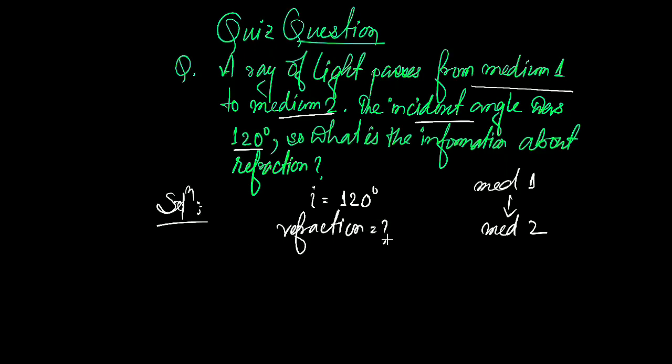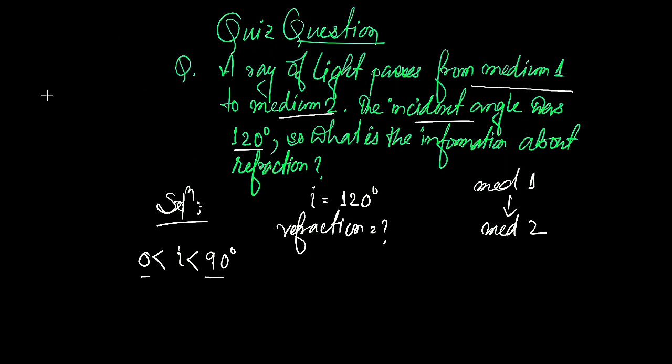Now, if you can remember, just remember the fact when I was discussing the refractive index, right? Refraction, I told you one factor, that the incident angle has a range actually. It cannot take any degree of angle. That range was between 0 to 90 degree. That means the incident angle has to be between 0 and 90 degree. It cannot be 0, it cannot be 90 degree. Okay. Now we will try to solve that.